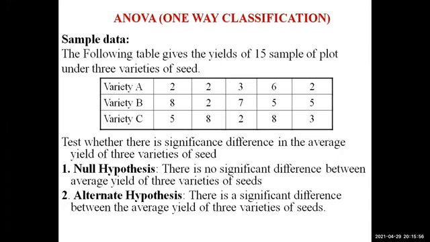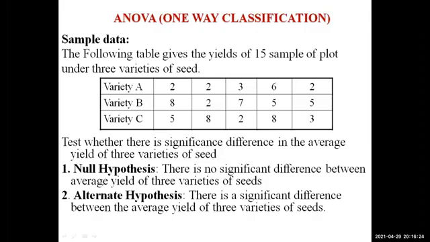For example, there is field 1, field 2, field 3, or in the same field itself in different locations, depending upon the soil fertility, they are putting the first variety of seed, variety A, in 5 different places in the same field. Or they may put it in sand and pour some water, or add some other fertilizer, depending on that. But we got the 50 samples.